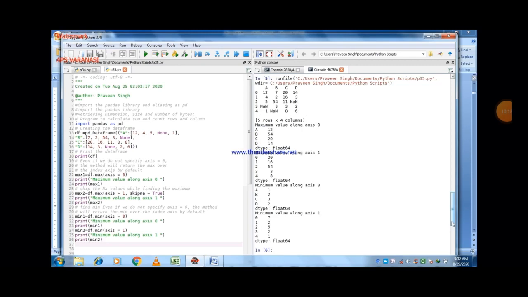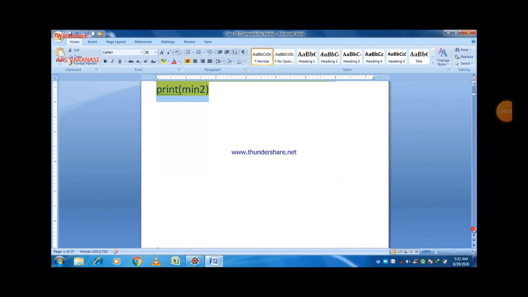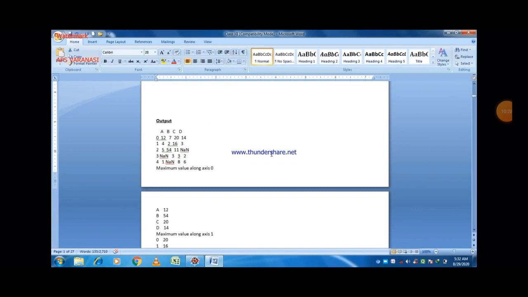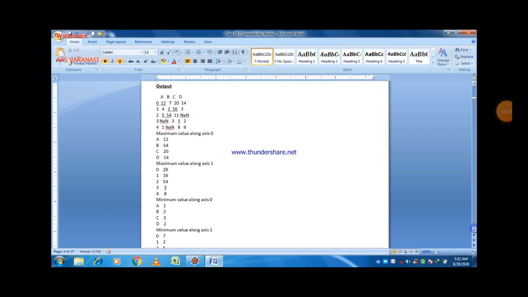And data type is float64 here as a part of the output. Now that is the output of our program. The values which we passed as None, None, None are represented here in the output as NaN, meaning not a number. That is what we get after the creation of the data frame.